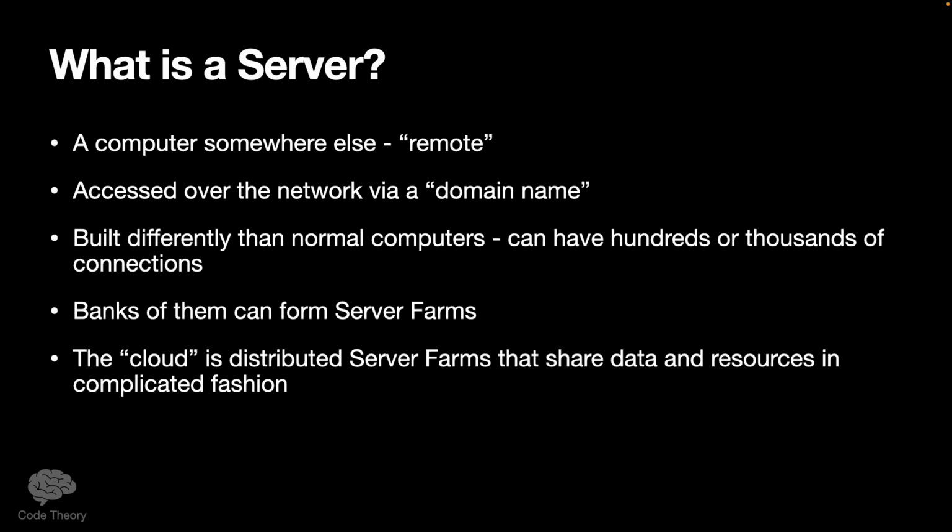If you take a bunch of servers and put them in a room, you have a server farm, and they're all running the same program simultaneously, so they can handle thousands of connections. If you take multiple different server farms all across the United States and network them together, you create a cloud, okay? And then the cloud does all sorts of stuff like check your region and connect you to the closest server farm that has capacity for you.